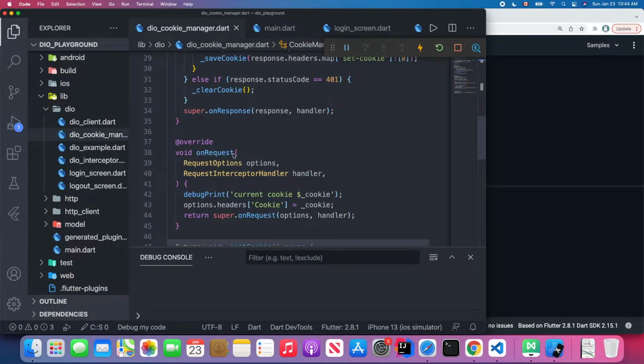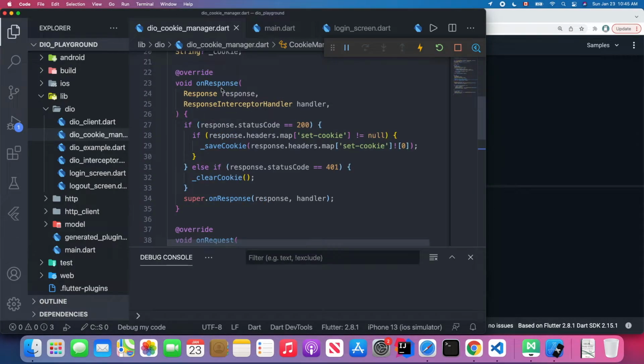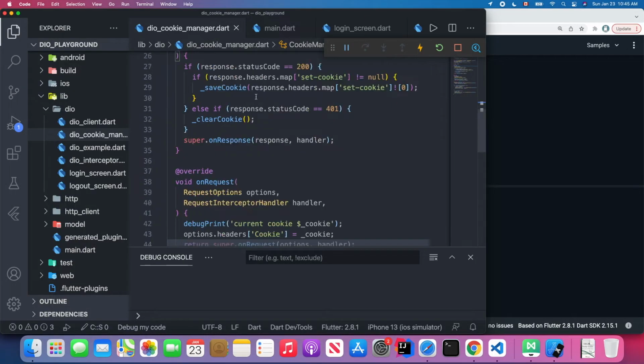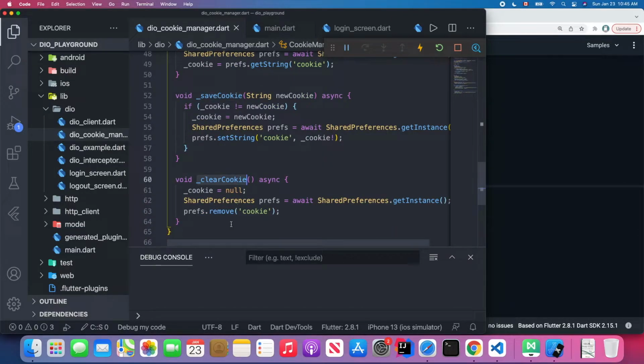On the request, the interceptor will append the cookie if we have a cookie. On the response, the interceptor will save the cookie if we have a cookie. Yeah, that's pretty straightforward. And there are three actual methods inside this cookie manager. The first one is initialize the cookie. We're going to use shared preferences to store the cookie we obtain from the server. And we have two methods. One is save the cookie and another one is clear the cookie. The save cookie just saves the cookie to the shared preferences, and the clear cookie clears the cookie